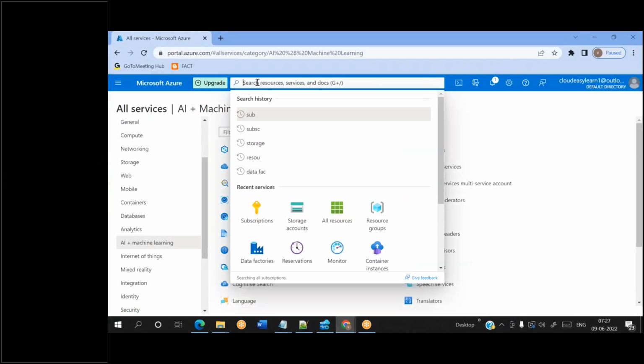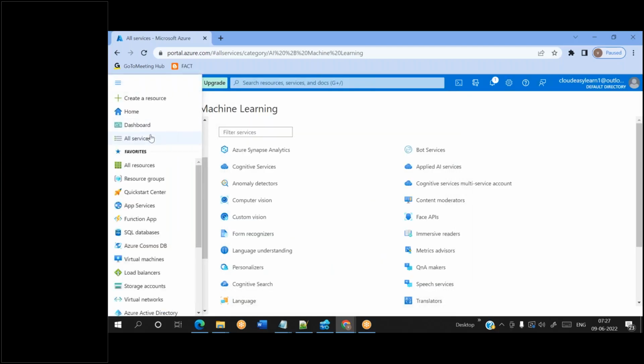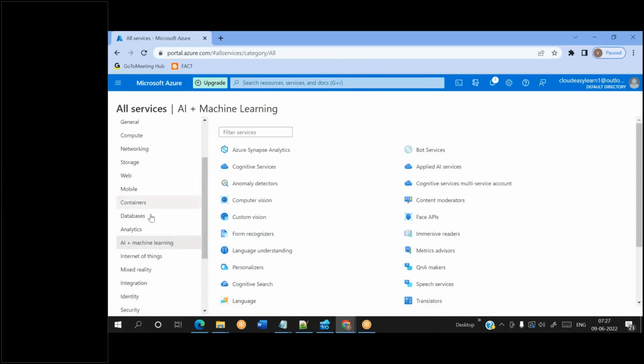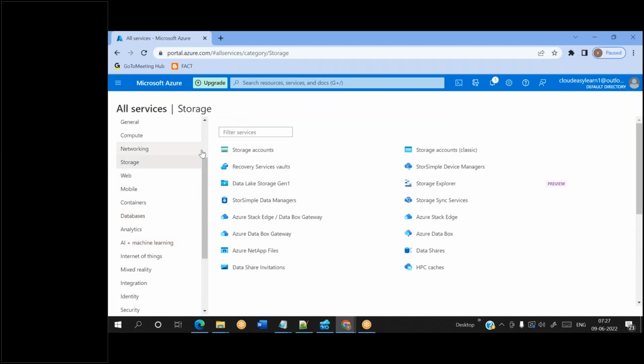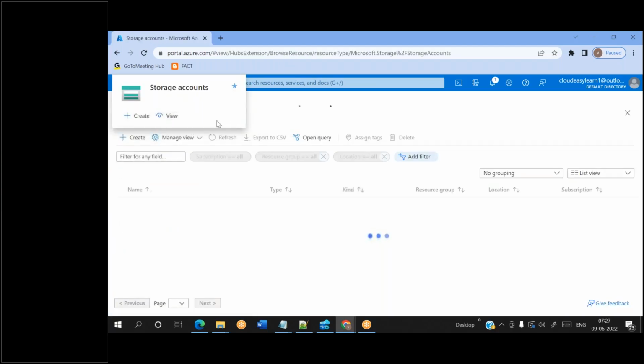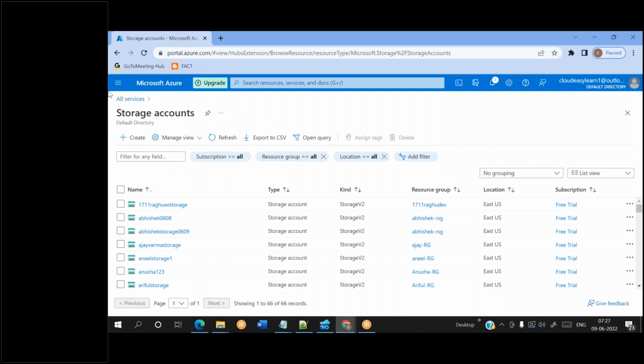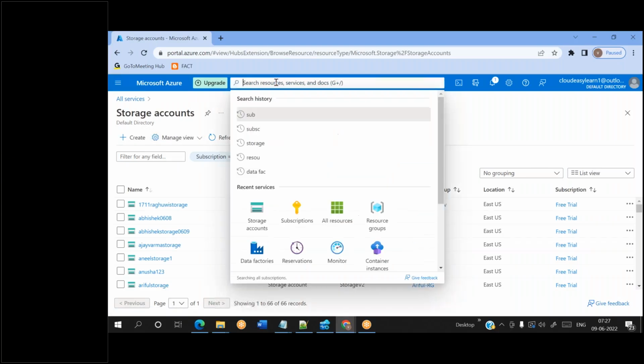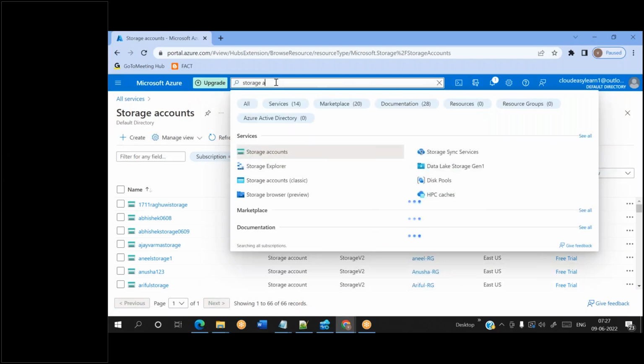As I mentioned, to access any storage that is there in the data center, we need to use this portal. If you want to find a storage account, one way is to go to all services, go to storage, and here you can click on storage account. But as I mentioned in an earlier session, it will be difficult to search like this. You can simply do